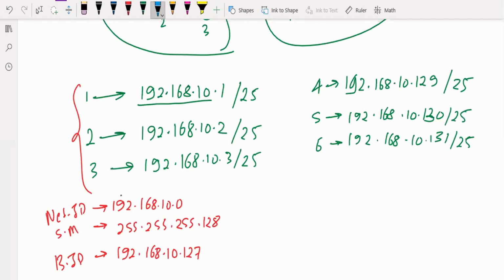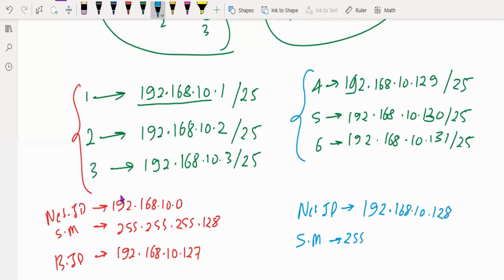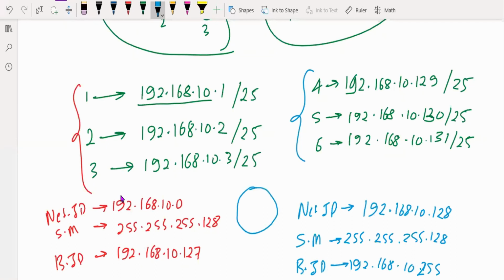In this case, my network ID will become 192.168.10.128, my subnet mask will become 255.255.255.128, and my broadcast ID will become 192.168.10.255.